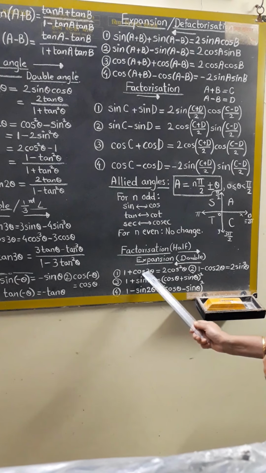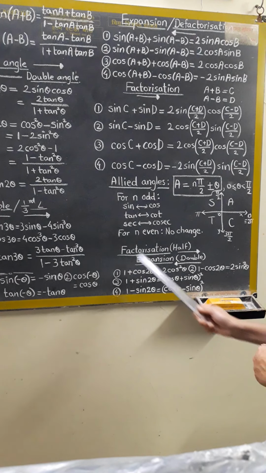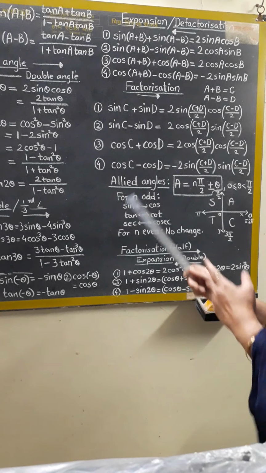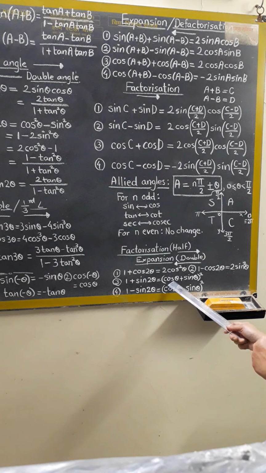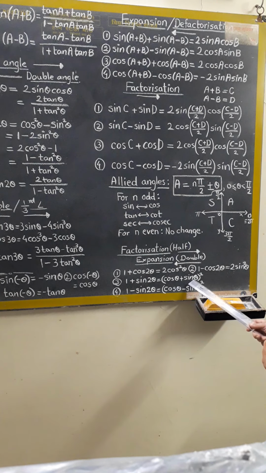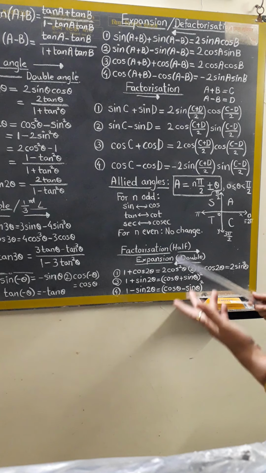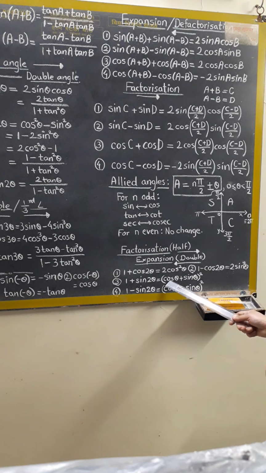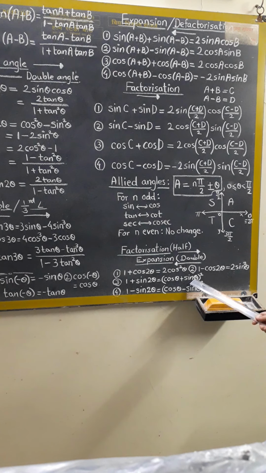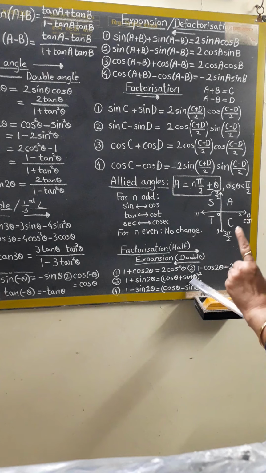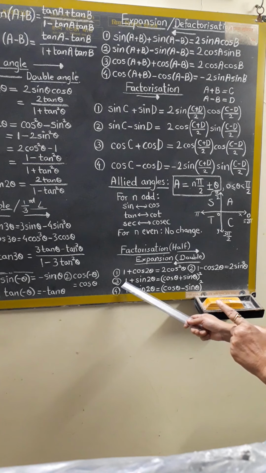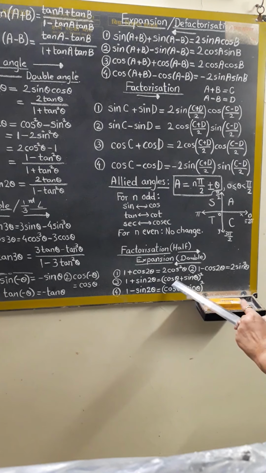Now these two formulae are nothing but the modified formula from this, and you can always check out cos theta plus sin theta the whole square. Now you know that (a plus b) the whole square is a square plus b square plus 2ab. So cos square theta plus sin square theta is the identity, and that is why we get 1 here,